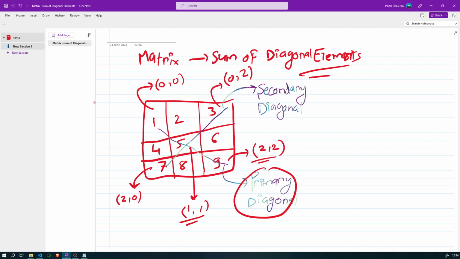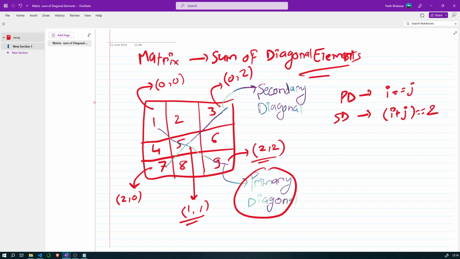The pattern for the primary diagonal was that i is equal to j, and similarly the pattern for the secondary diagonal is, can you guess? It's easy. The value of i plus j is equal to 2 always.